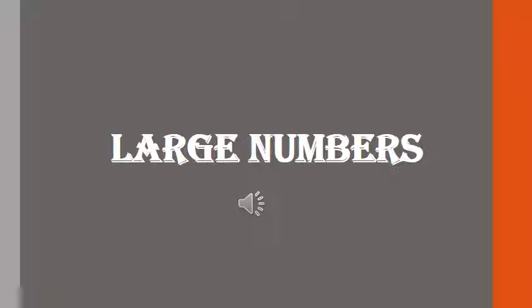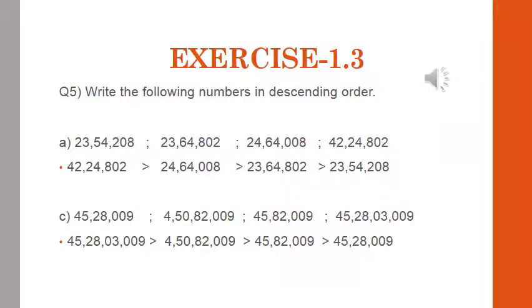Now we will be moving to the next question, question 5, today. We have to write down the numbers in descending order. Exercise 1.3, question 5: write the following numbers in descending order. You all know what descending order means. We have to write down the numbers in descending order, that is, first the biggest one, then the smaller, then the smaller, and the